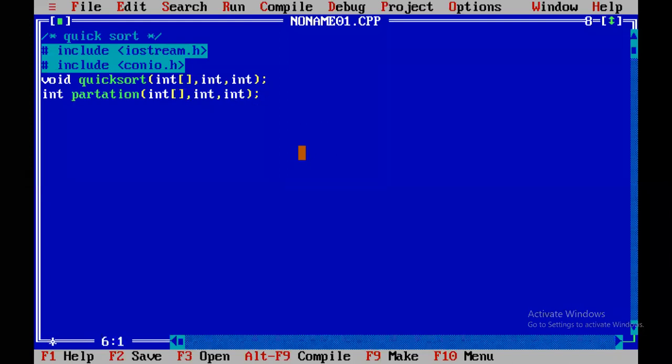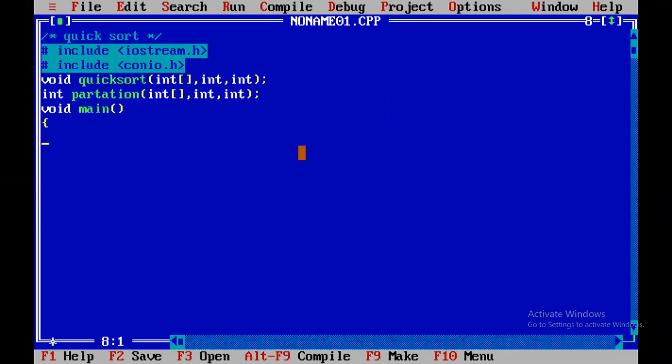Then we'll go for the main function, void main. In the main function, we have discussed how to enter the values into the array, call the function, and finally print the result. These three tasks will be performed in the main function. First of all we will input, then call the function, and finally output.